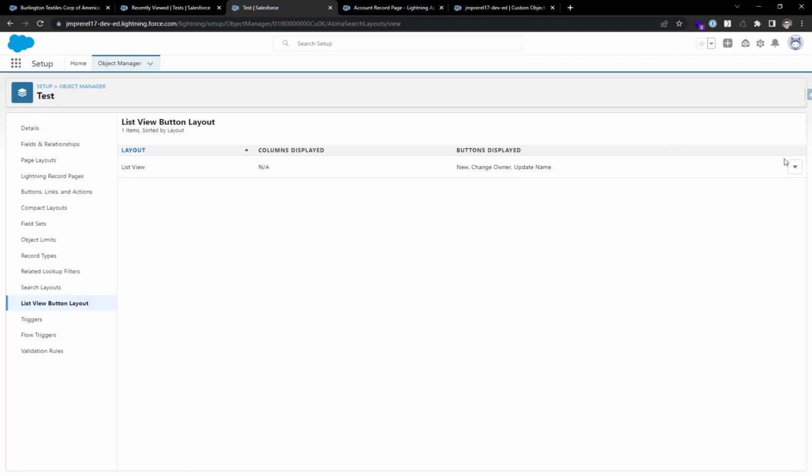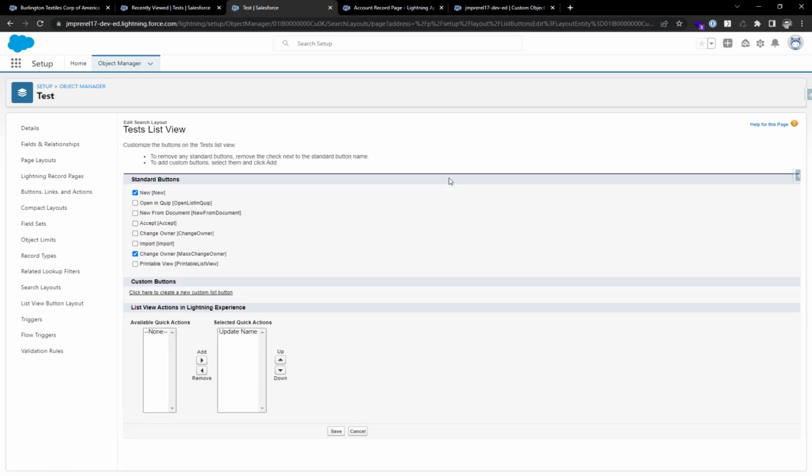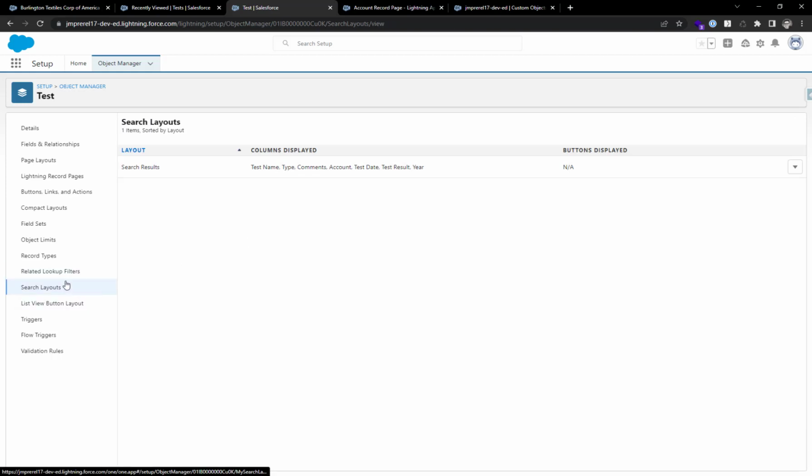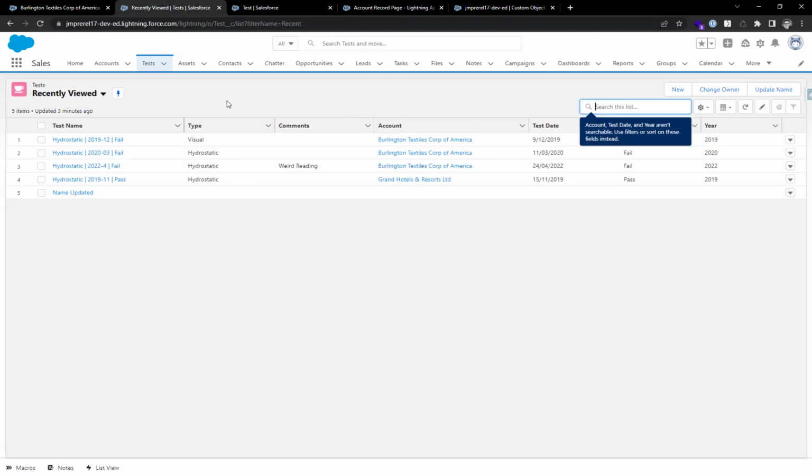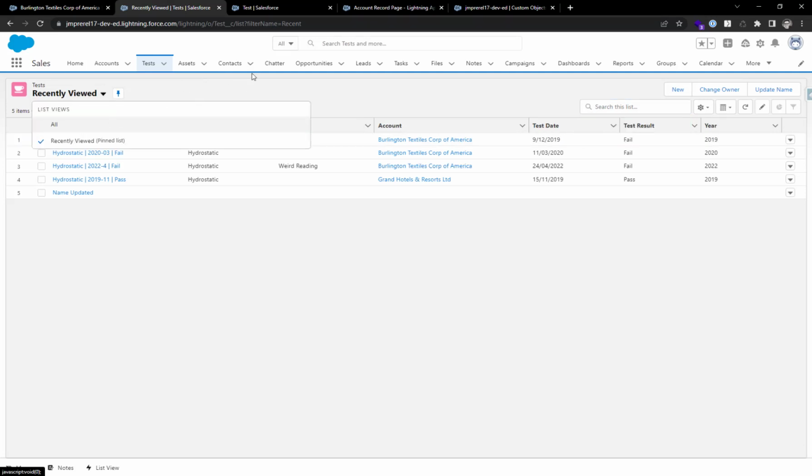But we've got the list view button layout where we can choose the buttons on the standard list view, not the related list view, but on the standard list view. Where's my tab? Where can I modify the tab layout? So previously the tab layout, if I went to recently viewed, I think it was